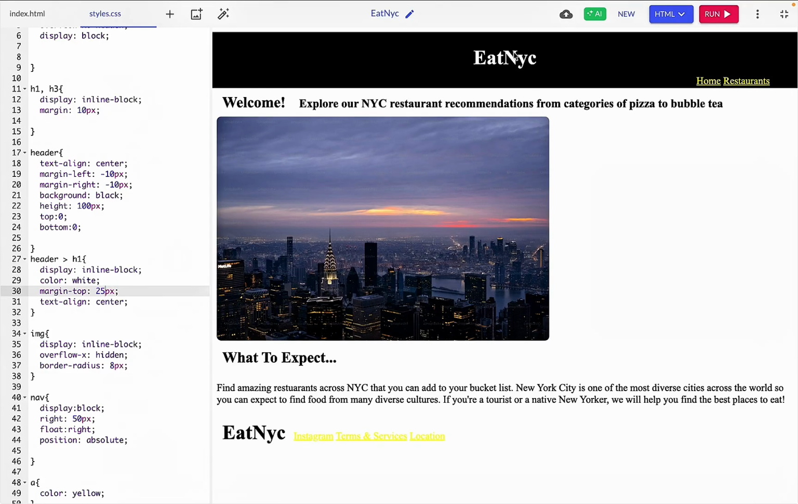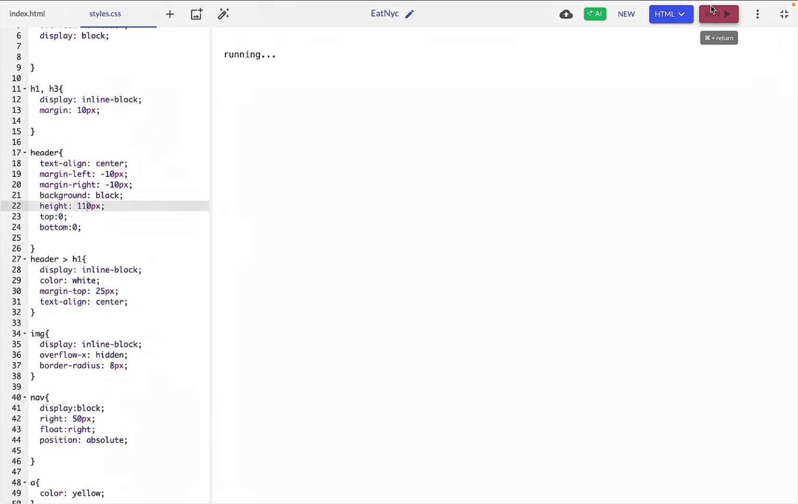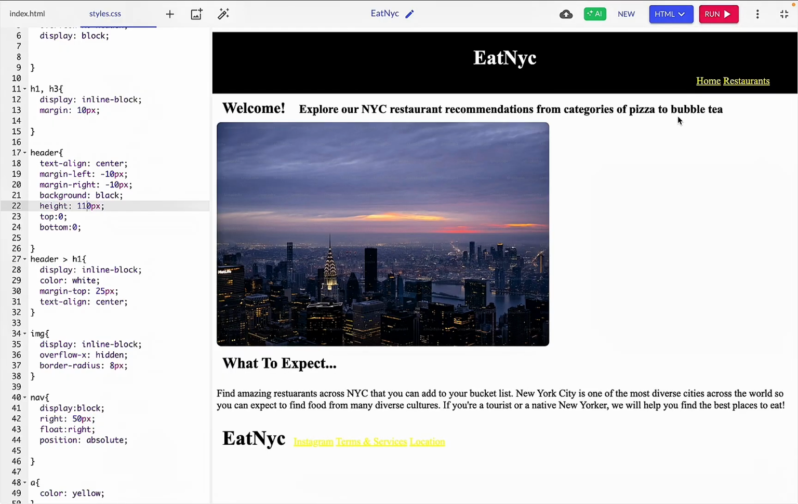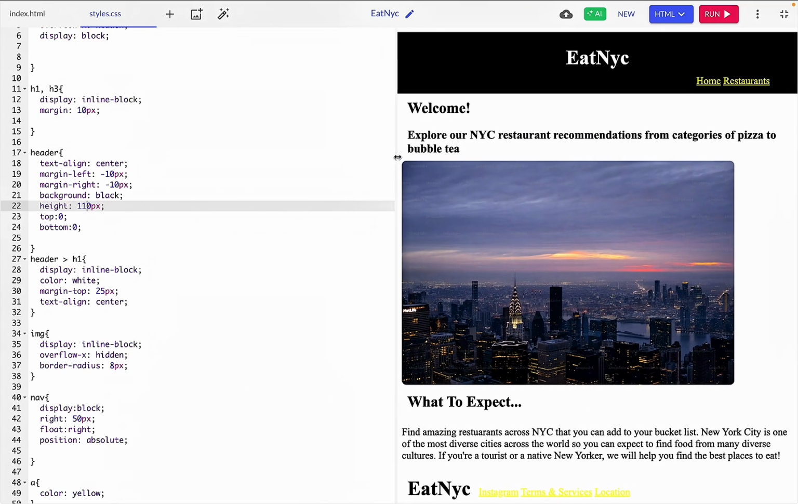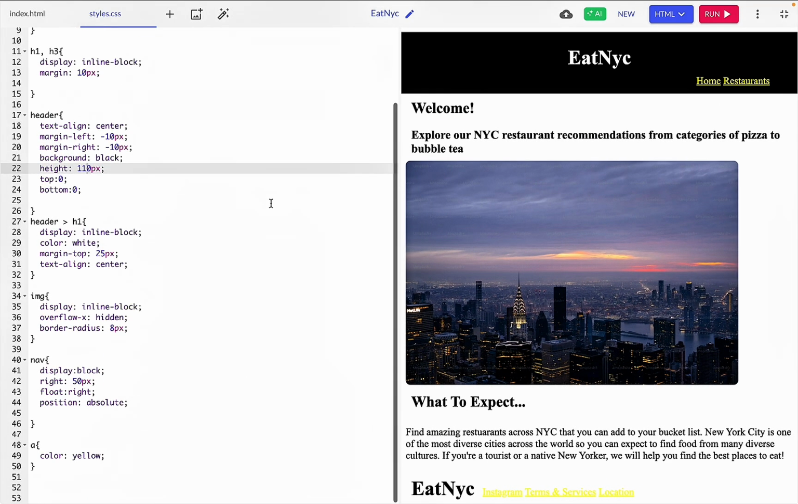So notice how it's going a bit more down. And honestly, I kind of want to make this height a bit bigger. Do like 110. Okay, so our website's kind of coming together. So after this,